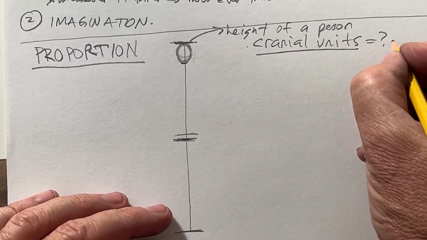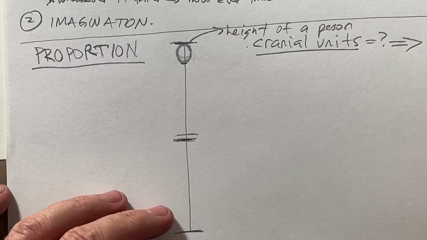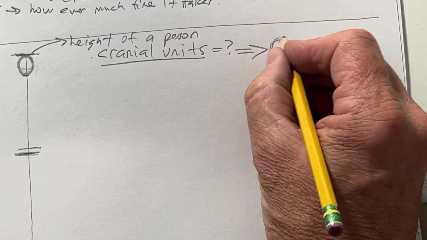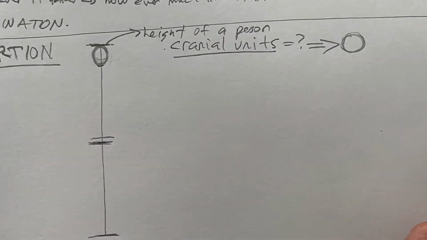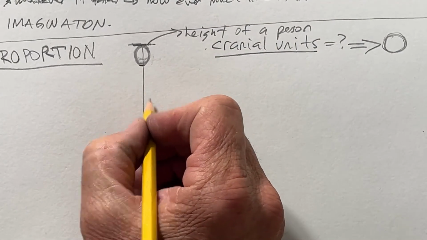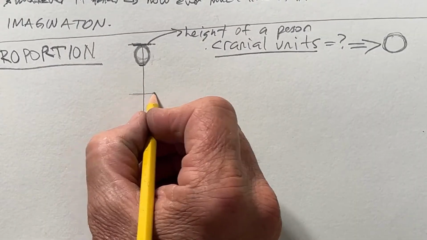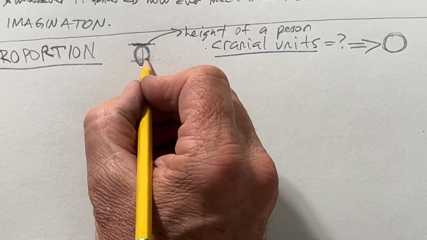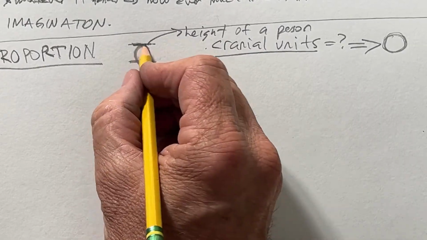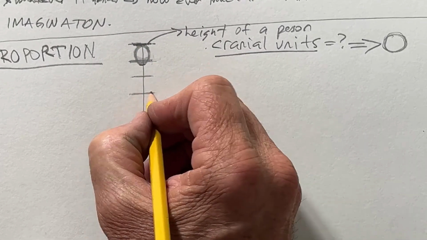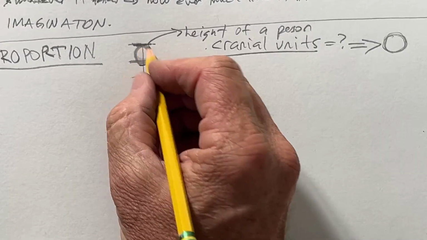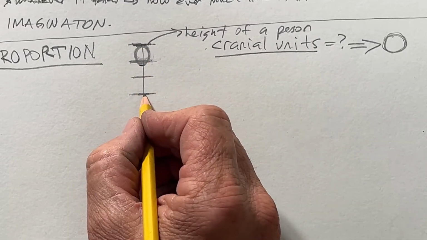What is a cranial unit? What a cranial unit is, it is a circle. It's a circle, okay? So that's a cranial unit. So what we're going to do is break up this part right here into 6 parts. We're going to go here in the middle, and then divide this into thirds. We're going to divide this in half from here to here, and then break this section up from here to here in thirds. And then we're going to break this section up from